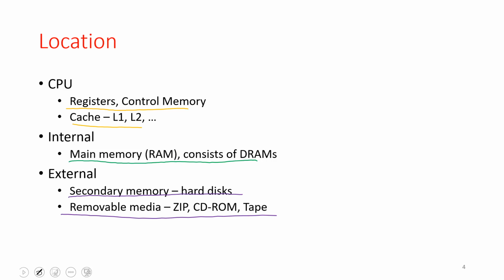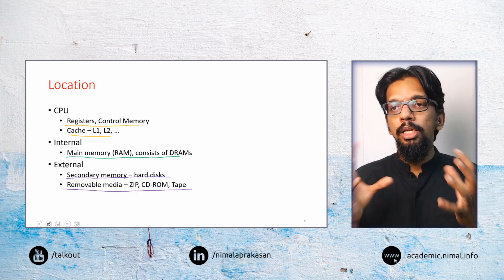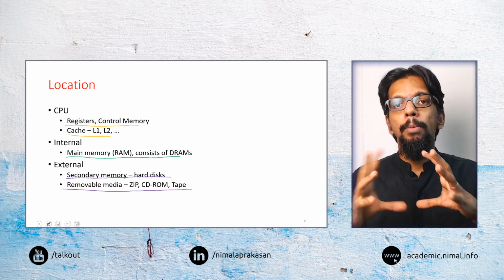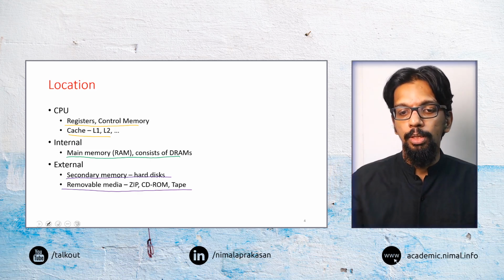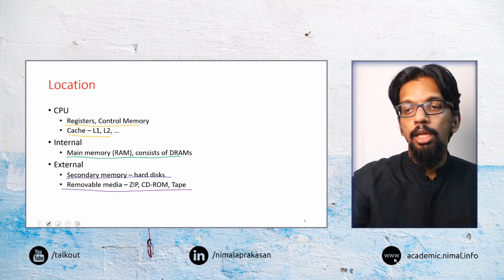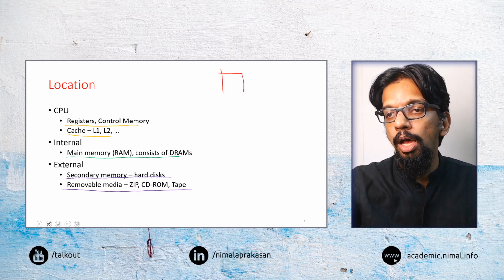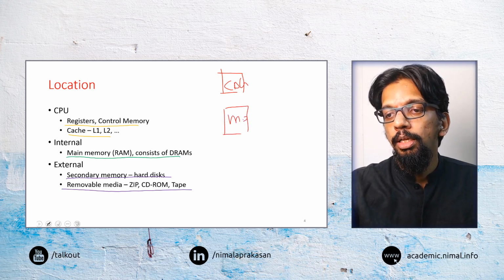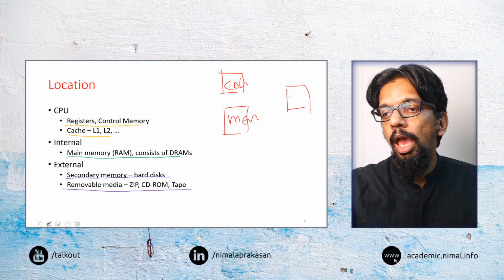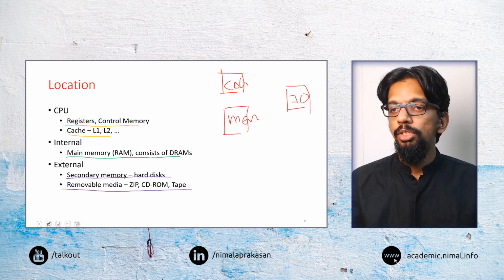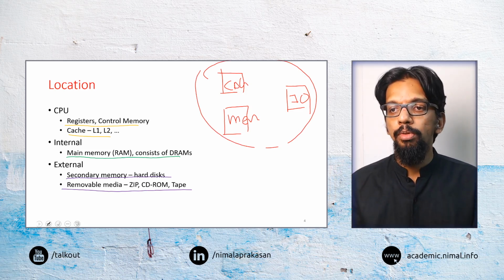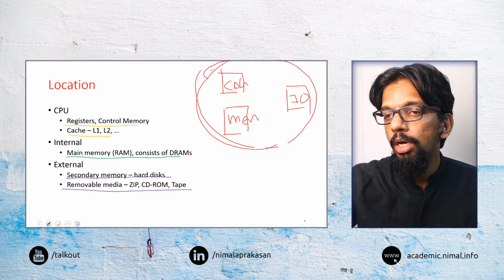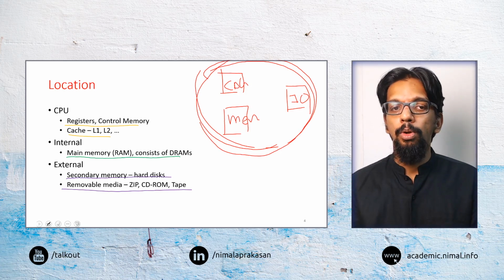Here the differentiation between external and internal needs to be understood in the context of the previous overview that we looked at, identifying the key components of a computer. What we have identified is that the key components of a computer are the CPU, the main memory, and the I/O devices. These three things are going to be considered as the key components of a computer, and these things we will consider as the internal components of the computer.